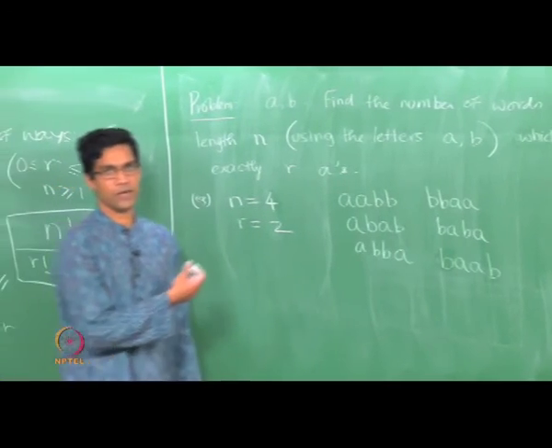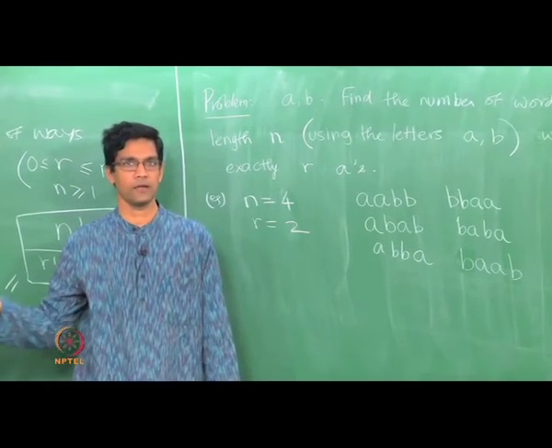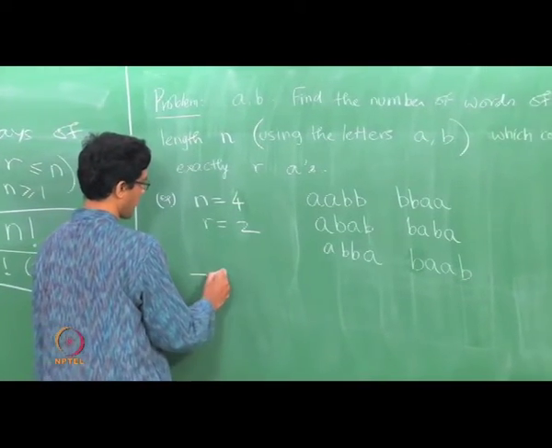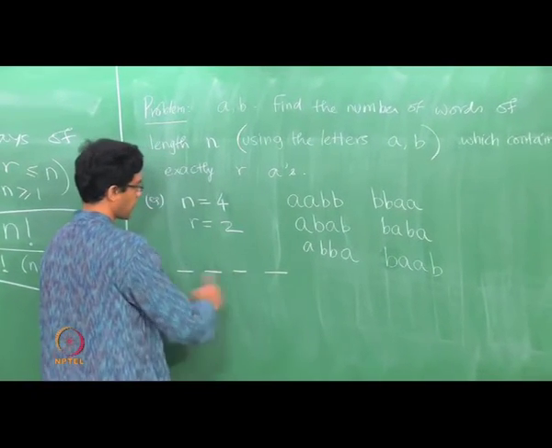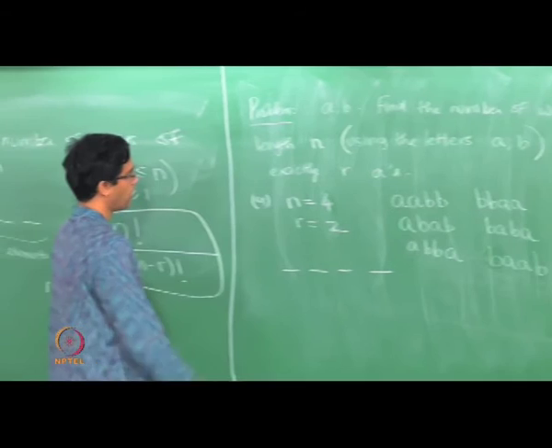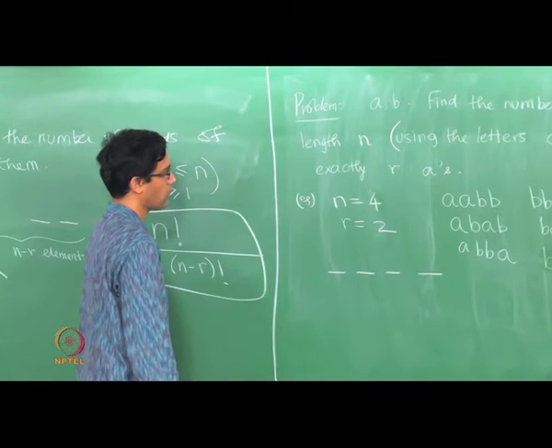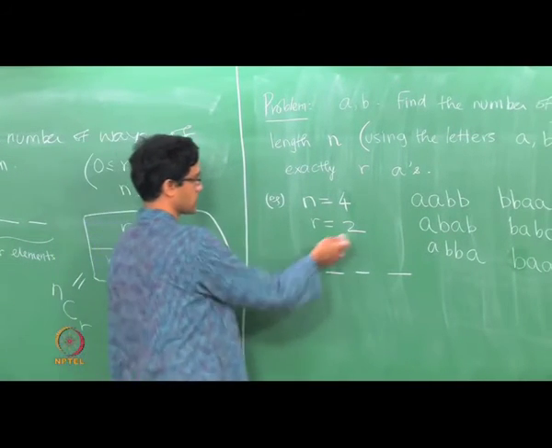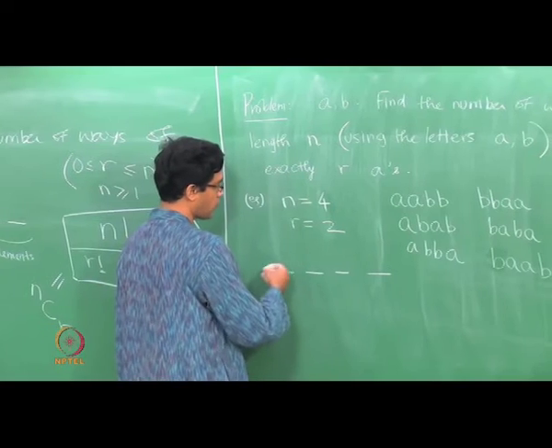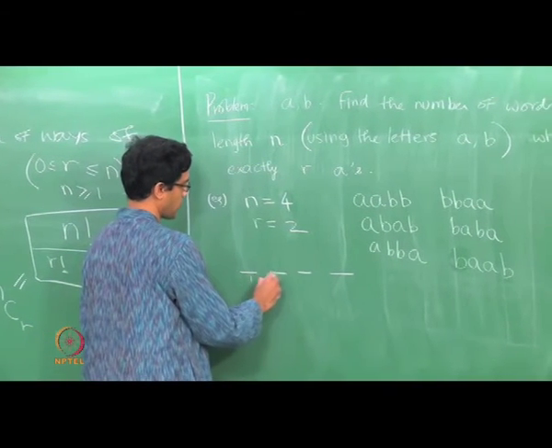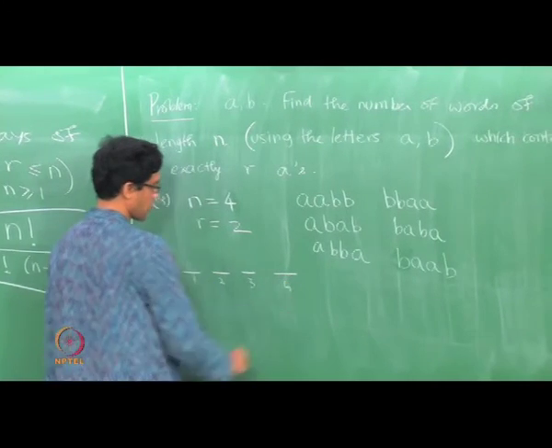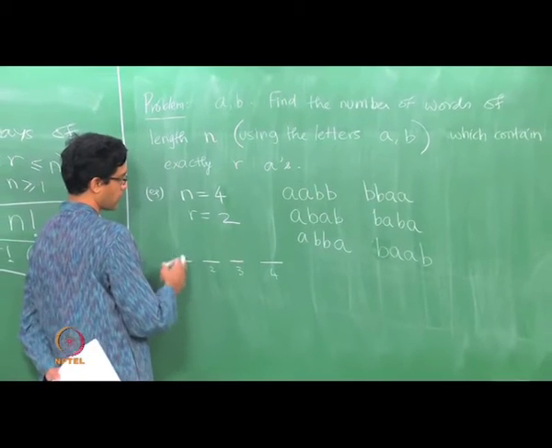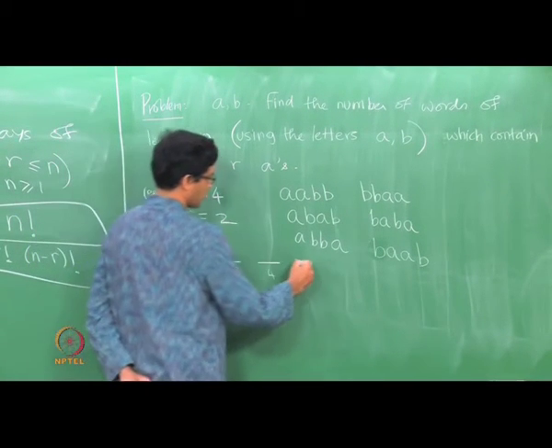Now as written, this doesn't quite seem to be related to combinations, but one can actually think of this pretty much as the following problem. Imagine you have 4 positions which are to be filled with A's and B's. What you want is to figure out how many ways there are of filling it in with exactly 2 A's. Out of these 4 positions I need to fill 2 positions with A's, so if I just number the positions as 1, 2, 3 and 4, to obtain a word like this, all I need to do is figure out which 2 positions will be filled with A's. So each word